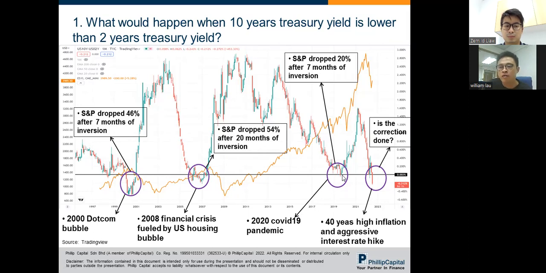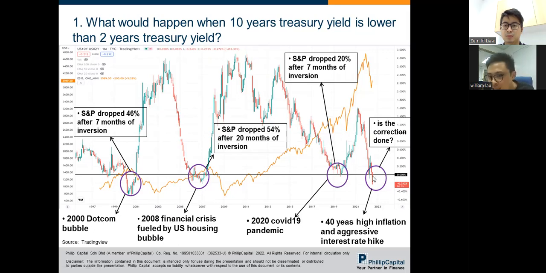Okay, it's a different kind of correction, which is why the yield curve doesn't react accordingly like the previous two bubbles. But anyhow, you see, the S&P, the yield curve actually touched the zero line and below, but the correction only happens somewhere here, which is 7 months away as well. You know, the correction is 20 months away.